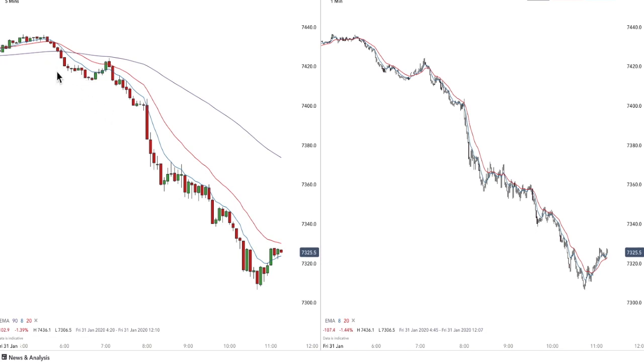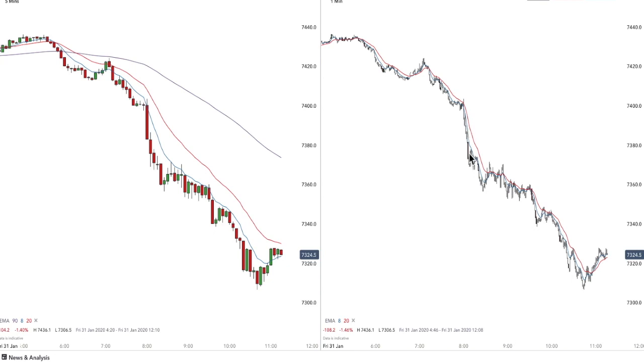And so I'm looking for context. Where is price in context of previous prices? And I use the EMAs as a guide for that. So at the 8 o'clock bar you can see price tried to push up, rejected and then plunged down. On the 1-minute chart here, you see the same thing. This is 8 o'clock here, and price moved up, rejected and went below the last low in a downtrend, and